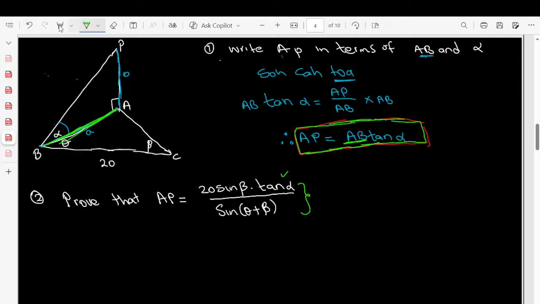But now I'm not going to focus on APB. Why? Because I already have alpha. These angles only bring alpha to the party. So I'm not going to focus on that triangle because I already have the alpha. So the triangle that we need to work on is ABC. Right, I'm just going to write it down. And to solve this, I'm going to say,